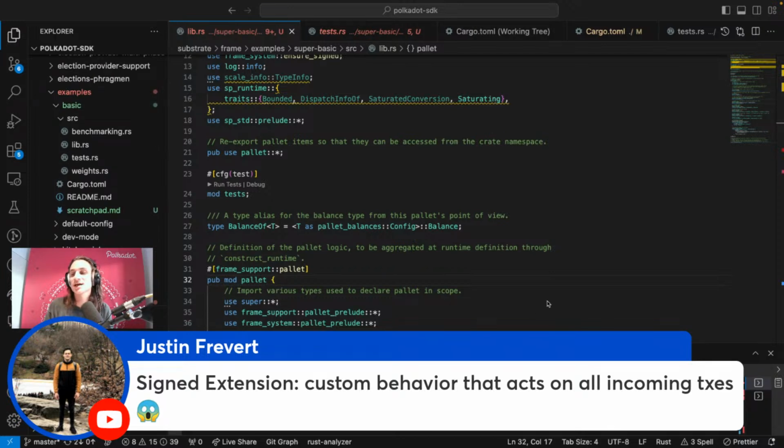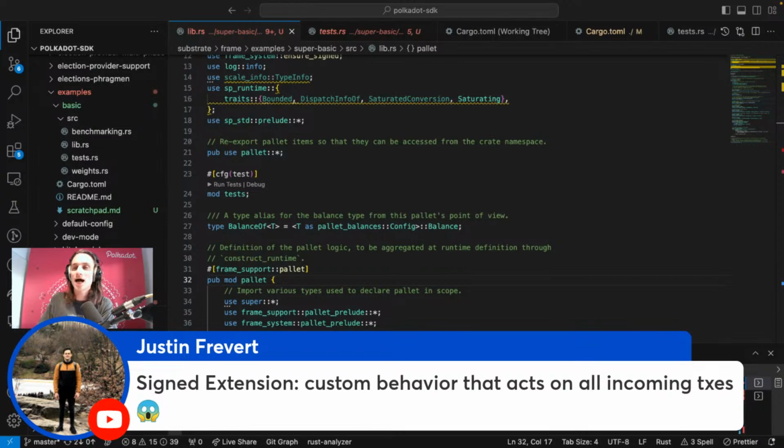So a signed extension is custom behavior that acts on all incoming transactions. Yeah. We won't go into it. Essentially, signed extension is one of these really cool features in FRAME that acts on incoming transactions. And to piggyback on what Justin is saying, well,